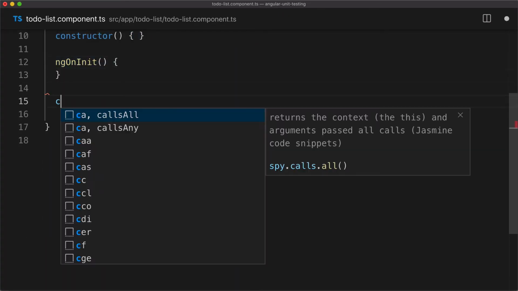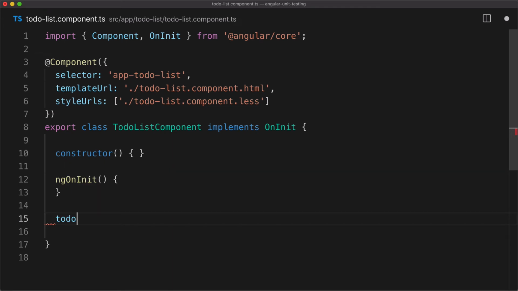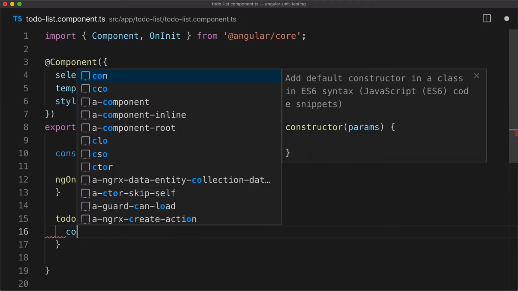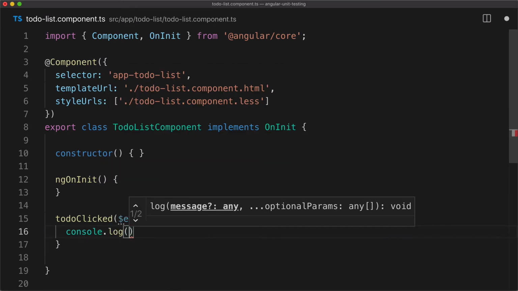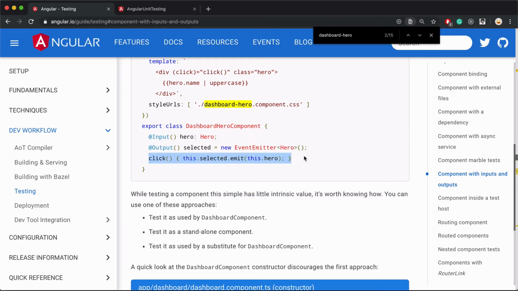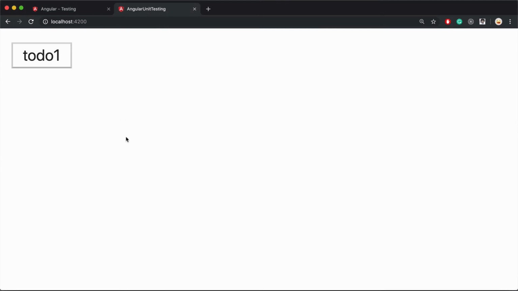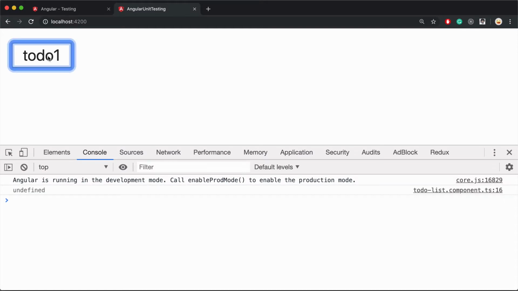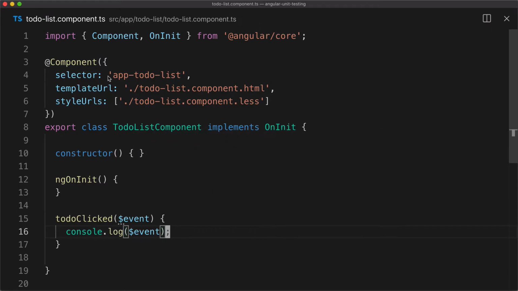And now I need to introduce this method, so I go to the controller of this component, and I'll say to-do clicked, and it will accept event property, and then in the body I'll just console log whatever is the event. And I think this should do it. Let's display this button. Let's pop the console here, and when I click on it, it says undefined. It should say clicked. Oh, I think it's because when I